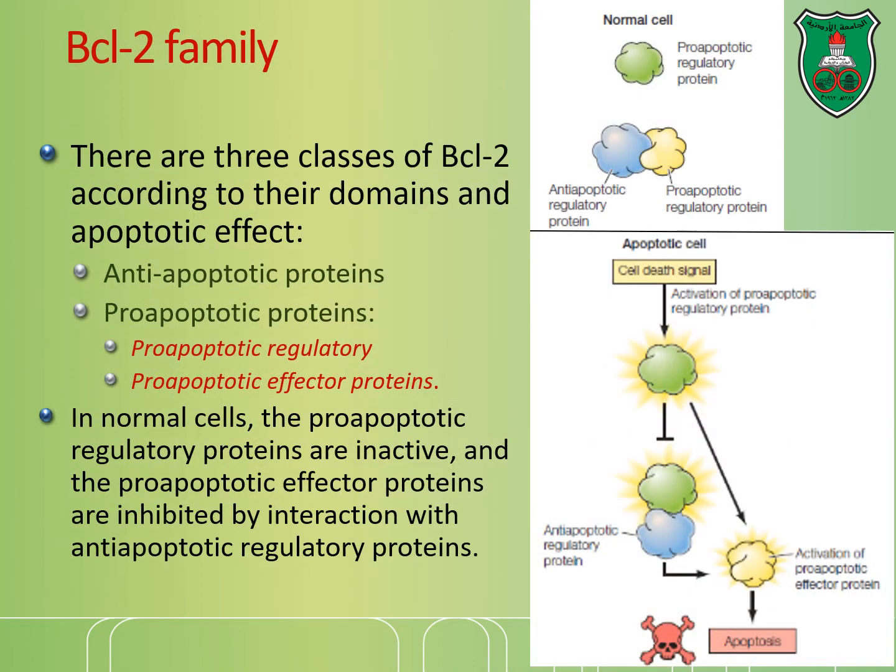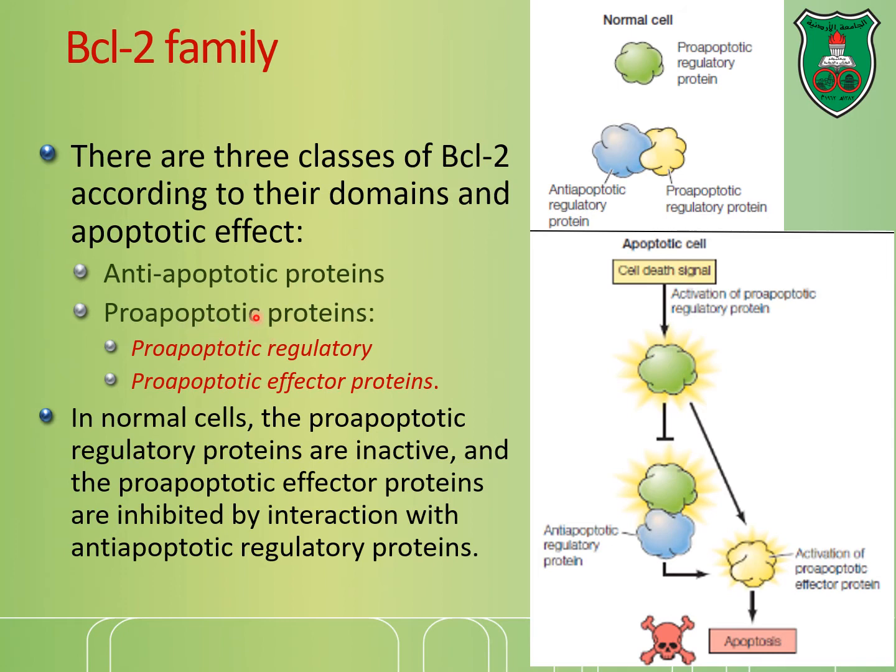So what causes cytochrome C to be released from the mitochondria is actually the action of a family of proteins that belong collectively to a family known as the BCL2 family. Now these proteins belong to three classes of BCL2 according to what they do, and they're either anti-apoptotic proteins or pro-apoptotic proteins. So anti-apoptotic proteins are those that inhibit apoptosis, and pro-apoptotic proteins are proteins that induce apoptosis.